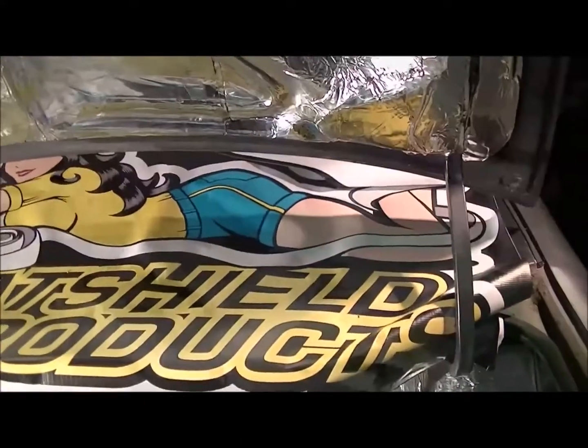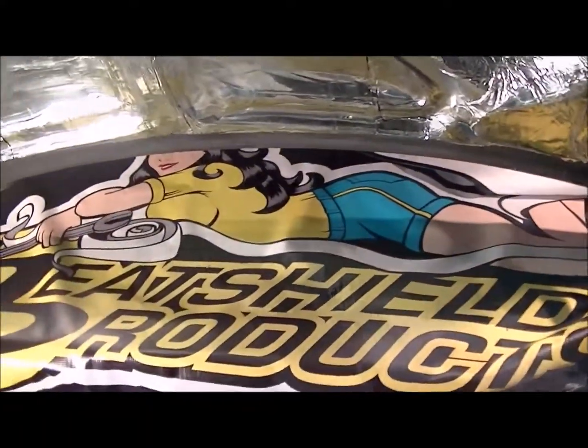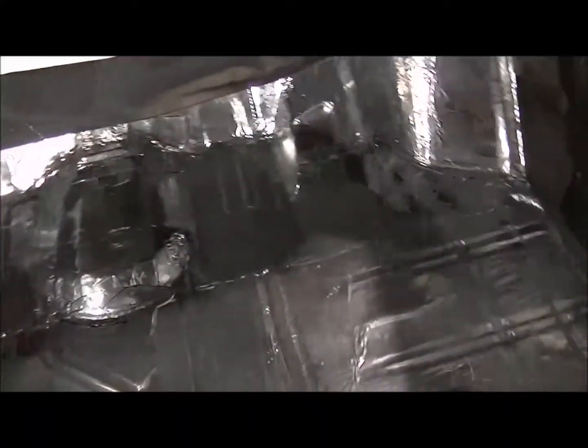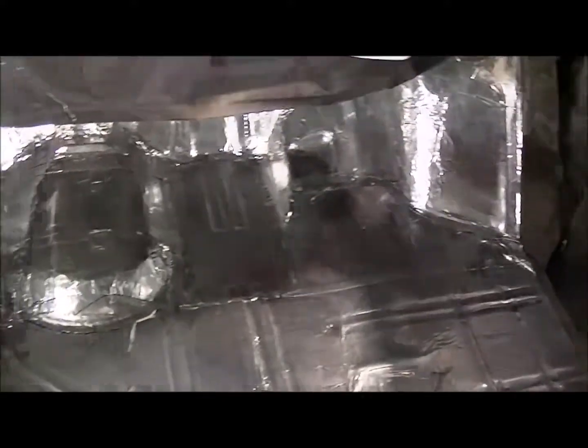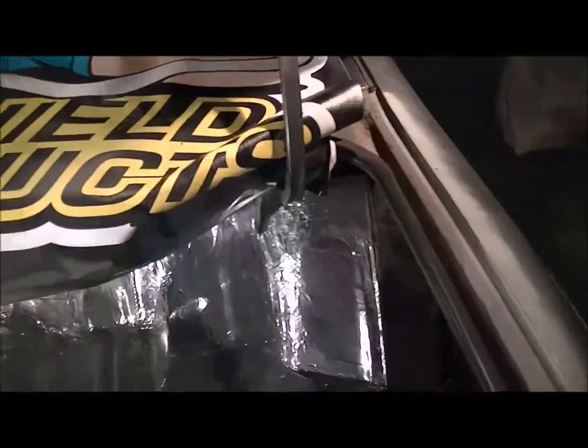And this took almost a whole 10 pack, which is 60 cubic feet. And if you're worried about weight, all of this is 9 1/4 sheets of the sound deadener. This is about 18 pounds. That's all it added to it. That's it. And it is a lot of material that I put down in here. But it's 18 pounds. So then we'll do all 4 doors, 1 sheet probably a piece, maybe a little bit